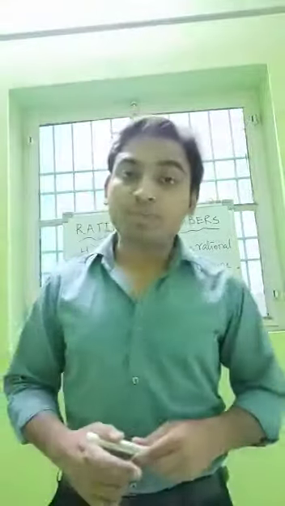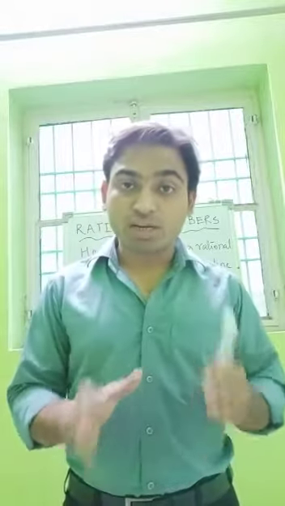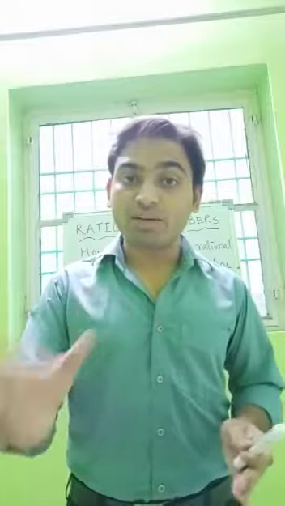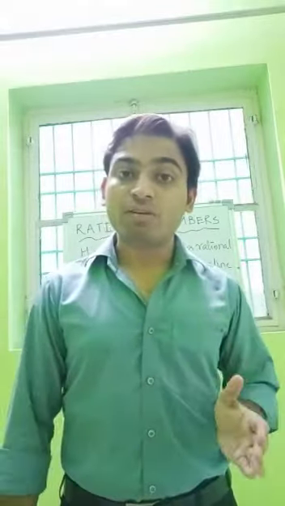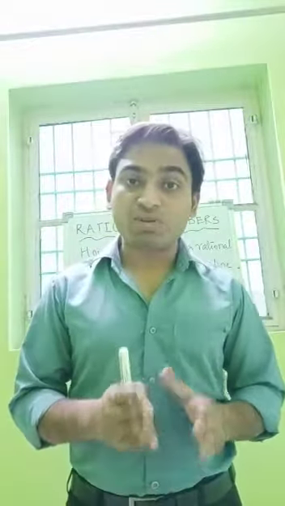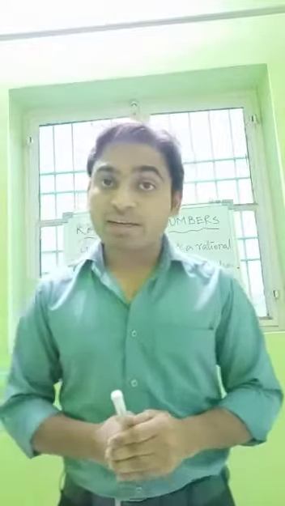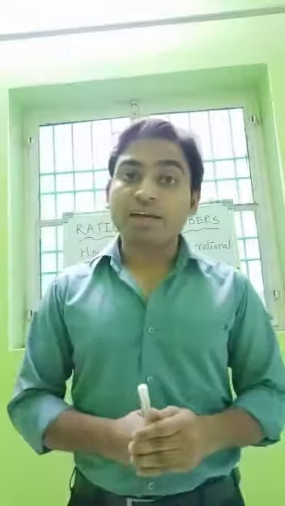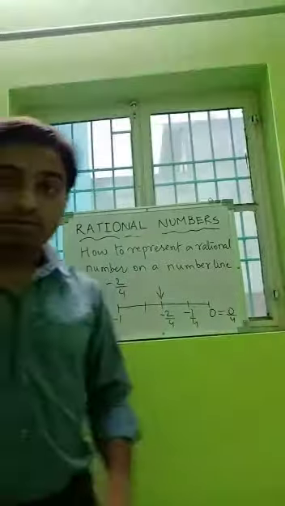So in this way you can represent any rational number. So first of all, think whether the rational number is positive or negative. If the rational number is positive, then it will lie on the right side of the number line, and if the rational number is negative, then it will lie on the negative side, on the left side of the number line. And one more thing you have to remember is whether the rational number is proper or improper. If the rational number is proper, then surely it will lie in between 0 and 1, and if the rational number is improper, then it will lie in between another 2 numbers. And which are those 2 numbers? First of all, convert the rational number into mixed form, then you will get those 2 numbers. Okay, you can note it.